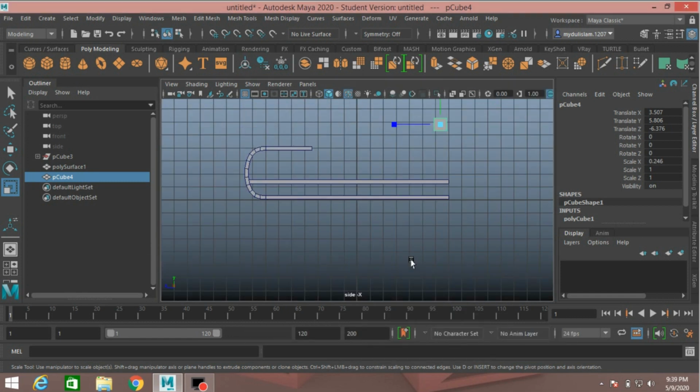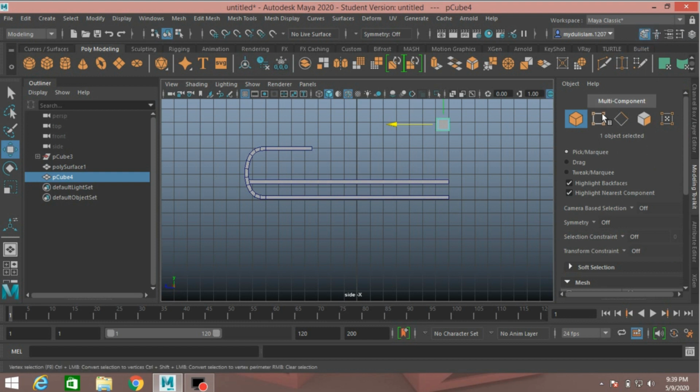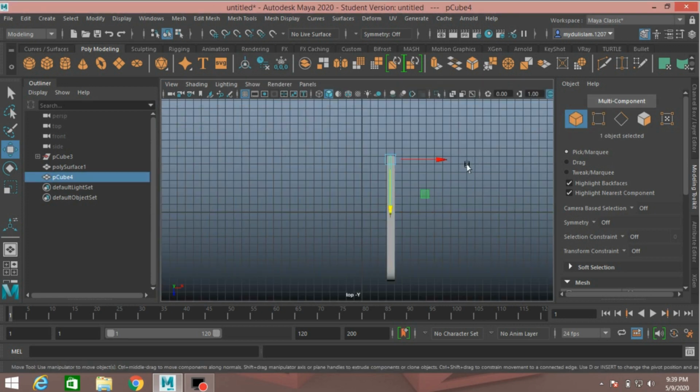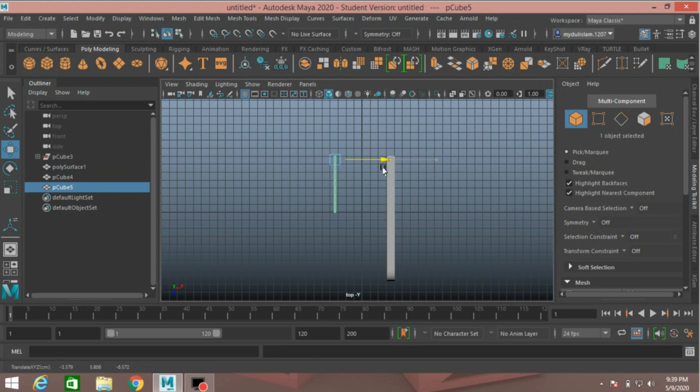Now go to side view and move it to adjust to this grid line. Now go to vertex mode, select this vertex and move it here. And go to object mode, press Ctrl plus D to duplicate and move it here, just like here.